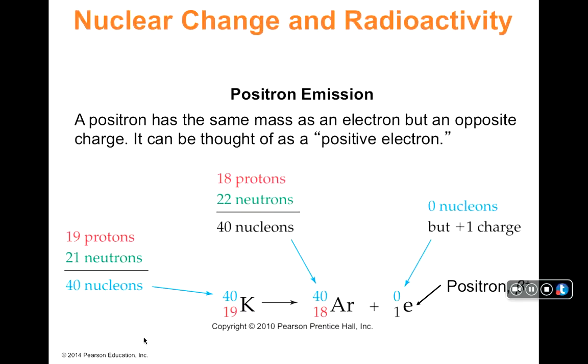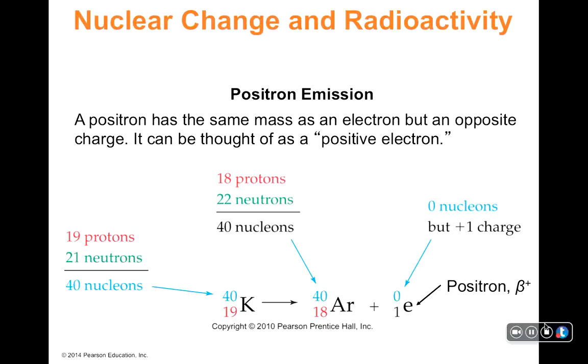The last two here are types of reactions. This one is known as a positron emission. Emission meaning it's being given off. So a positron here, note what that is. A positron is something that has a 0 mass number but a +1 charge. So notice that the 1 there in the atomic number position. That means that,